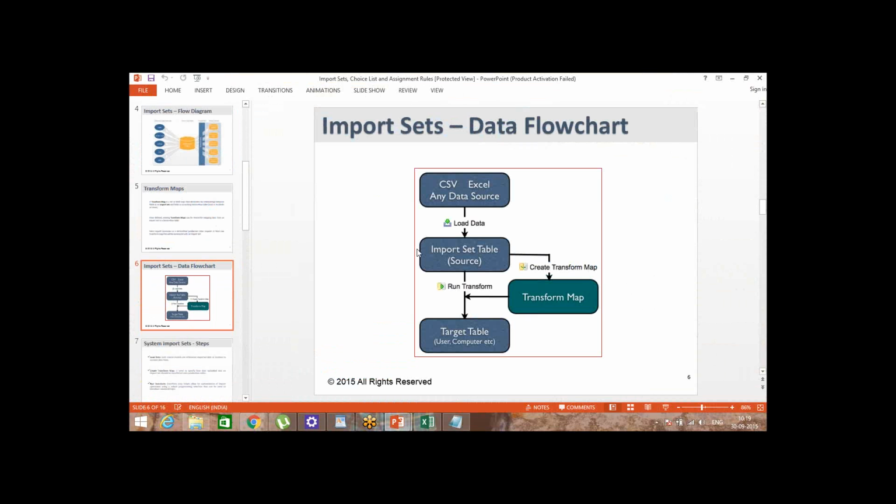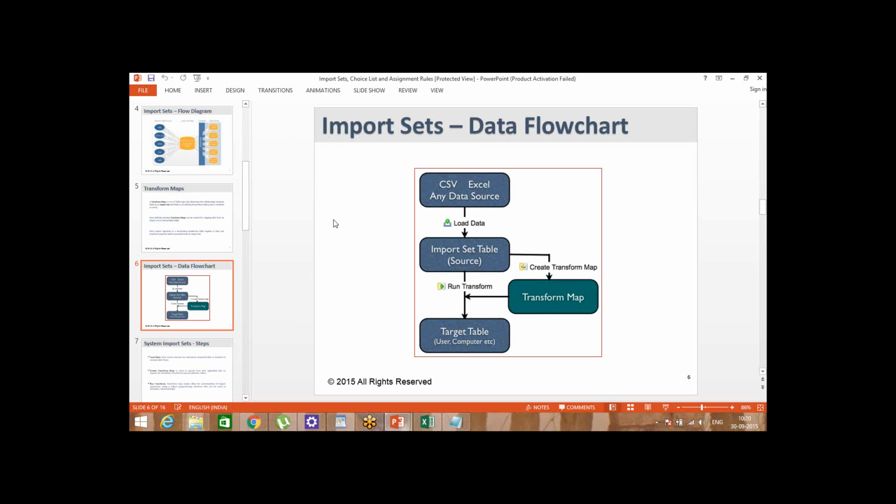This is a flow chart of how data is loaded into the ServiceNow tables. The data source is a CSV or Excel file. If you keep the data in Excel format, with first name, last name and so on, during the practical I'll ask everyone to create an Excel file format to load the data.